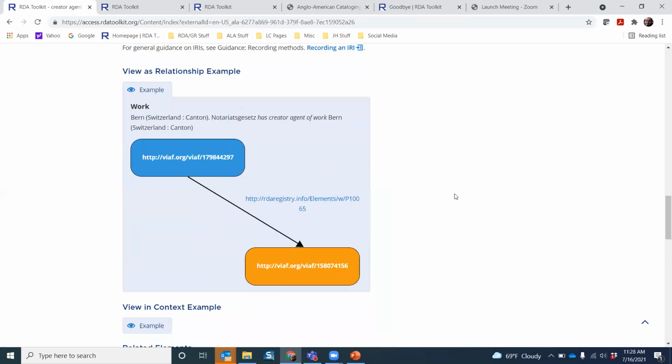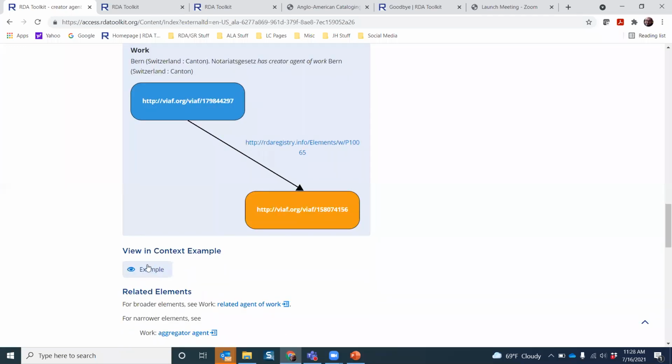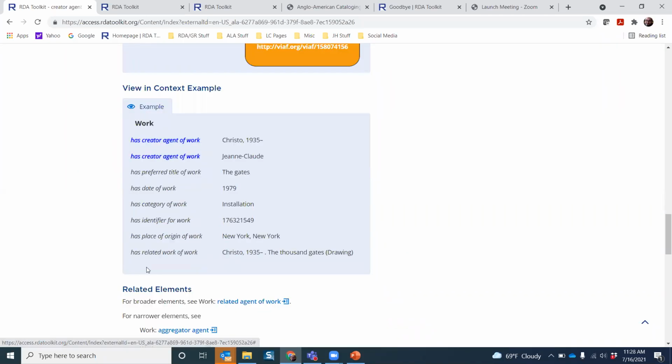This is a relationship example. This is basically to give you a visualization of a linked data expression of this element. So here you have the text version of this example. And then here below, you see it in a linked data expression. Finally, we added context